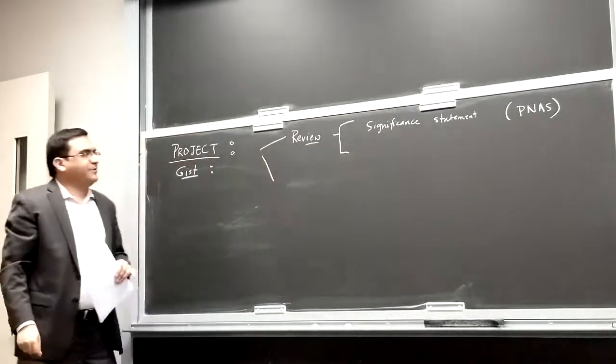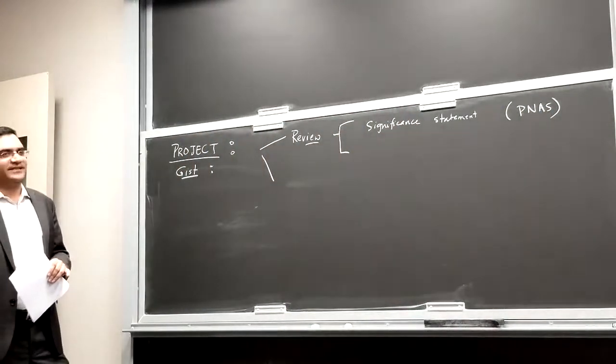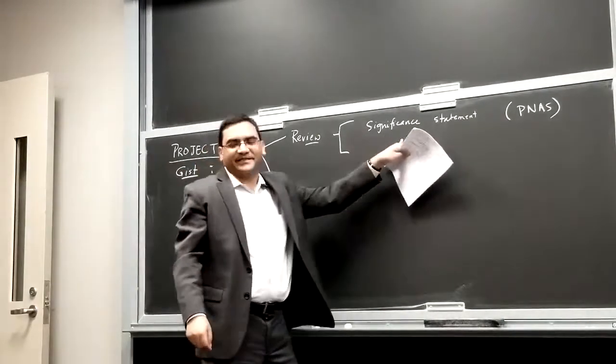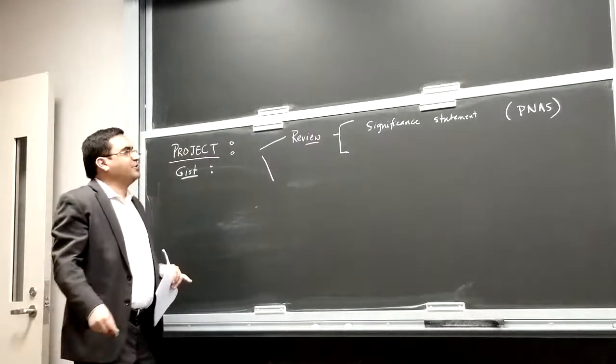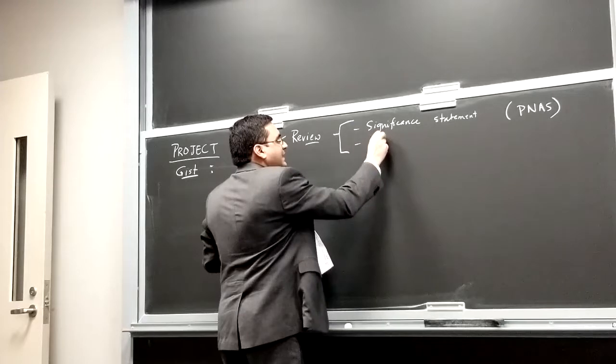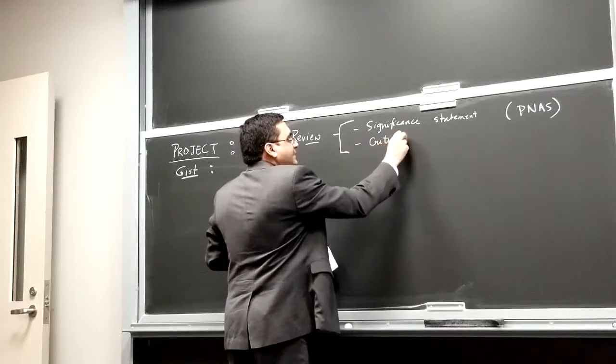And if you already have a PNAS paper, then you should make sure that if I assign you a PNAS paper, don't copy paste the significance statement. So I want you to include a significance statement, and then it has to mainly critique that